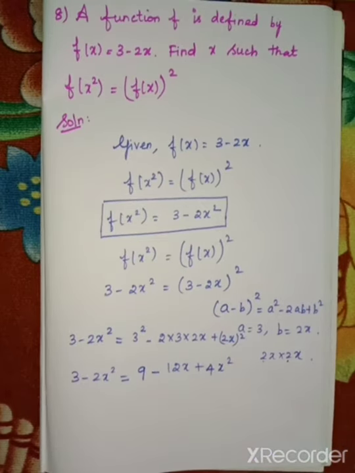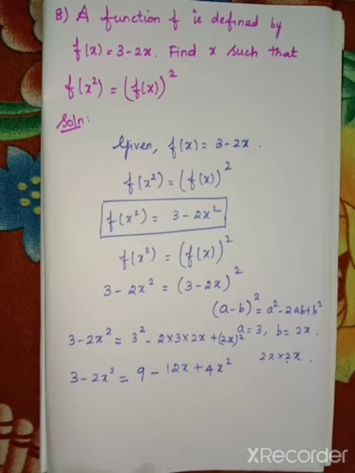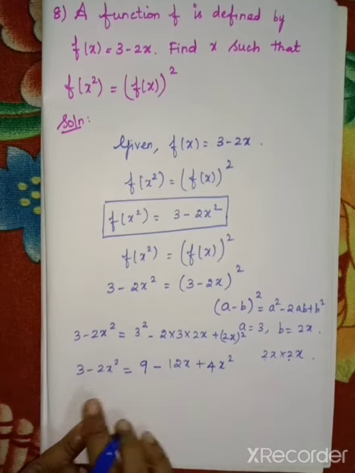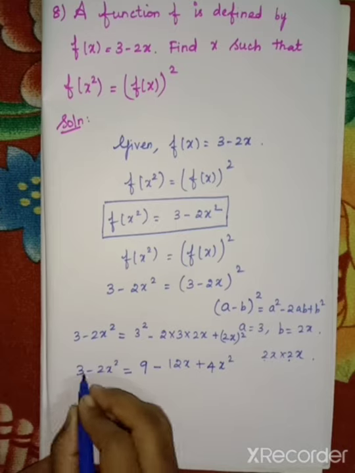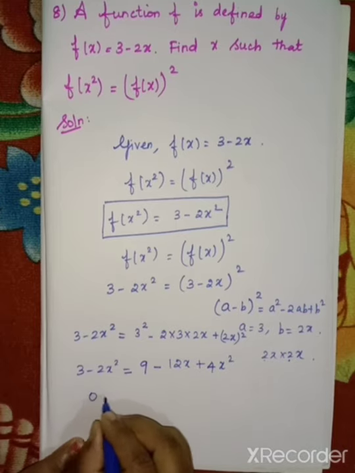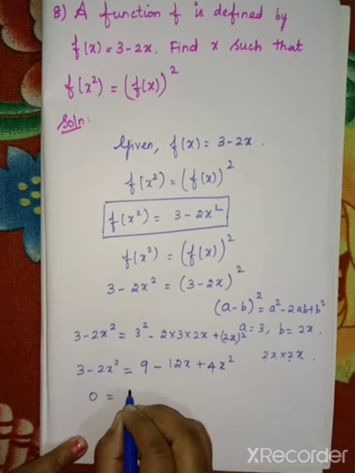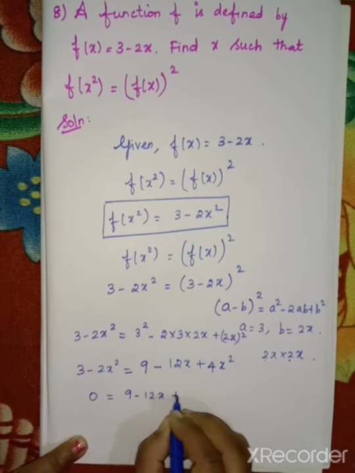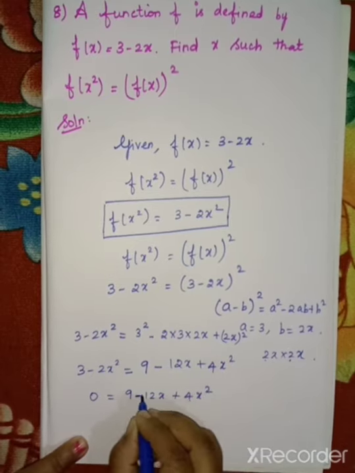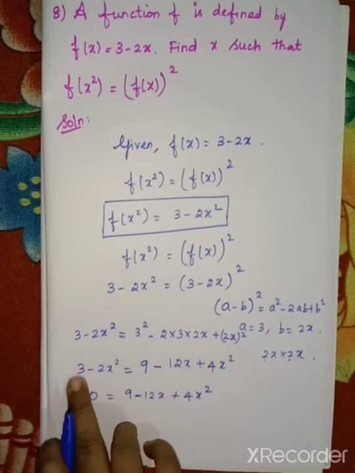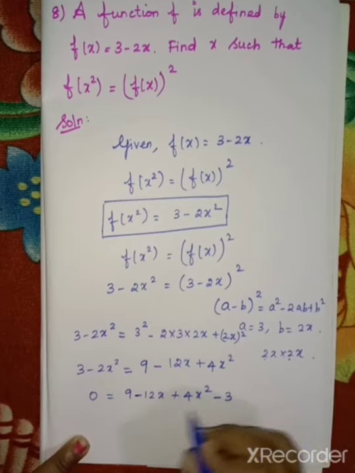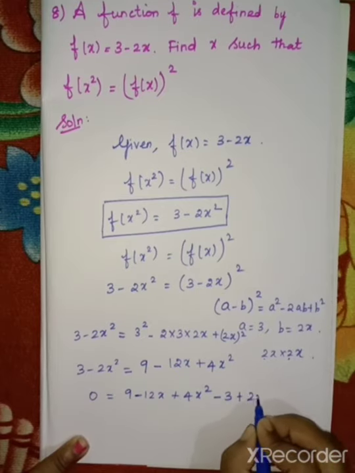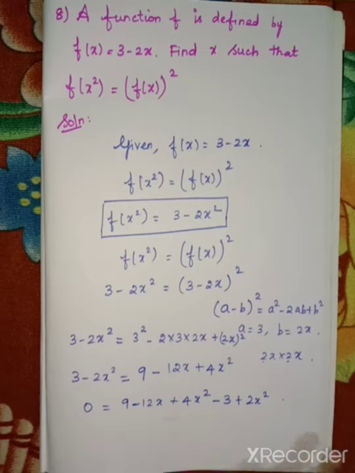Now you have to take all the terms in the right hand side or otherwise left hand side, because 4x squared is bigger value, so just take these two into the right hand side. So if it goes that side, here there is no number, so 0. Here 9 minus 12x plus 4x squared is already in the right hand side, plus 3 it will go that side means minus 3, then minus 2x squared it will become this side means plus 2x squared. So just you have to write in the order.